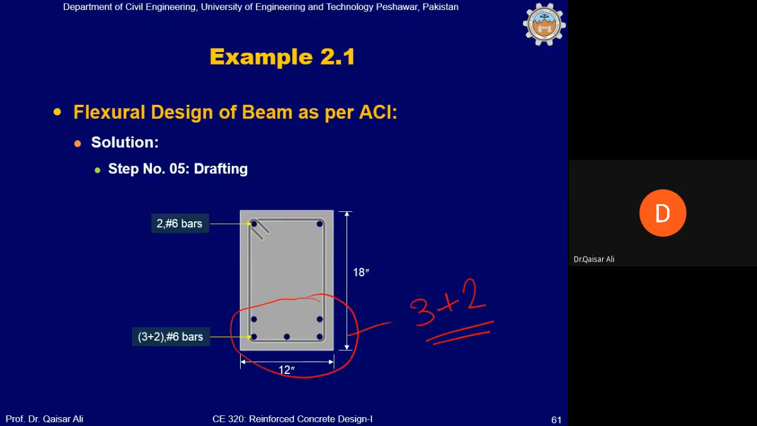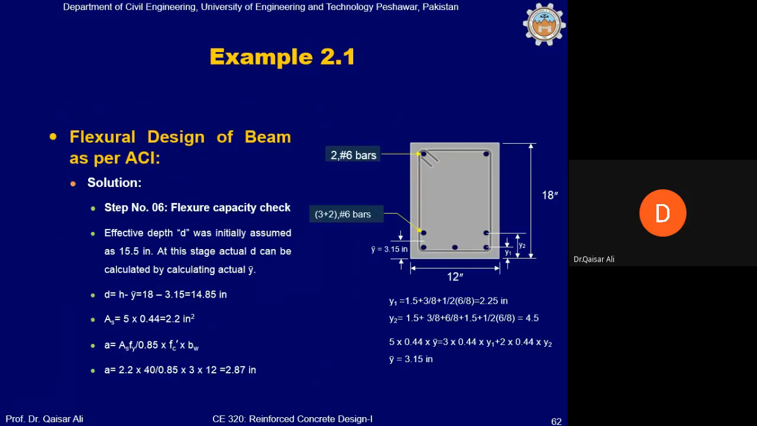अच्छा, अब आप देखें हम वो एक्सरसाइज करेंगे जिसमें हम एक्चुअल d मालूम करेंगे। तो इसमें हमने 15.5 इंच लिया था, बिल्कुल उस तरह से जो इस तरह के एग्जांपल में हमने कर दिया। y1 y2 हमें मालूम है, एक्चुअल y बार comes out to be 3.15 इंच, क्योंकि ये बिल्कुल इस एग्जाम्पल की तरह है, 3+2 बार्स हैं और y1 y2 मालूम करने के बाद y बार हमें पास आ गया। अब हमारे पास एक्चुअल d आ गया, वो 18 माइनस 3.15 होगा, 14.85,